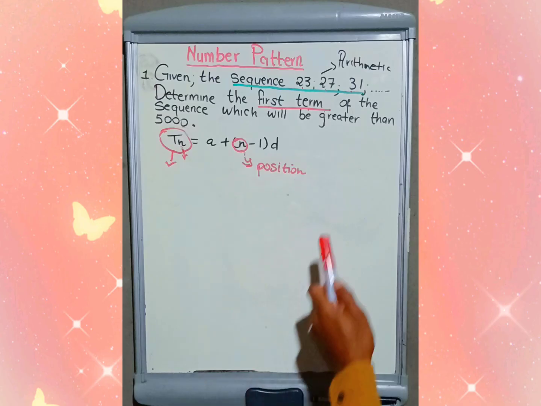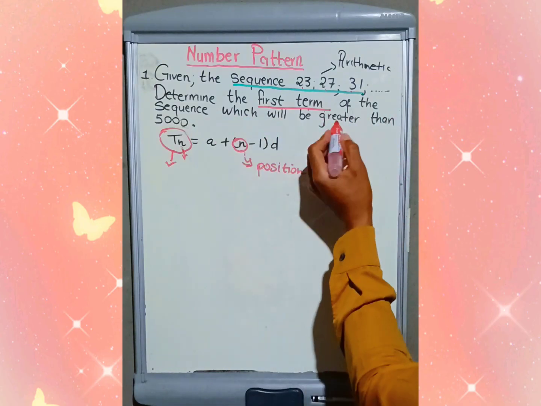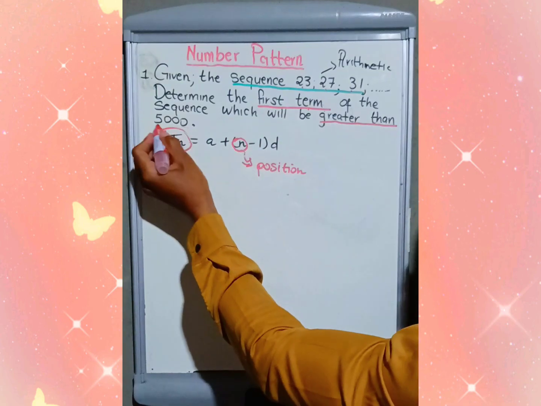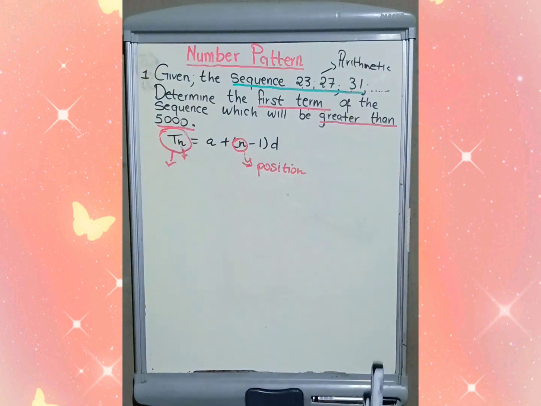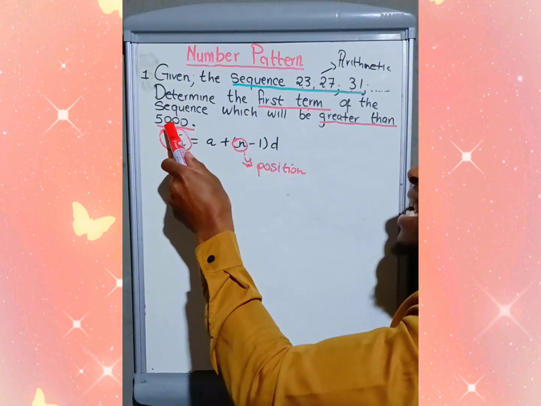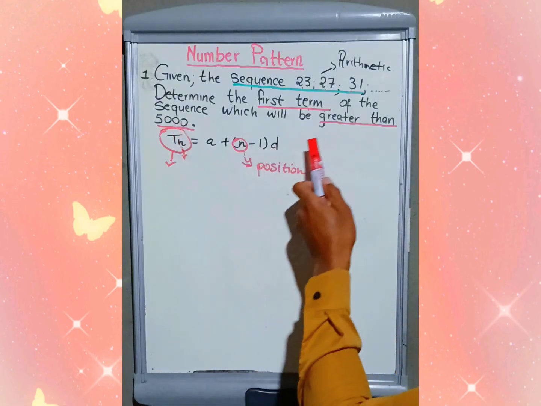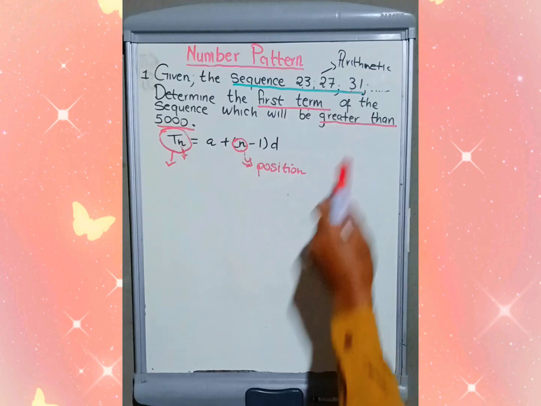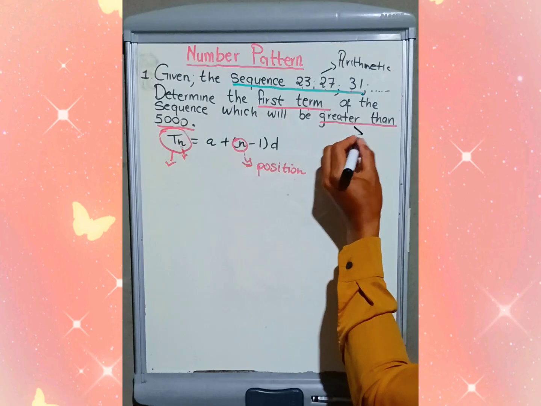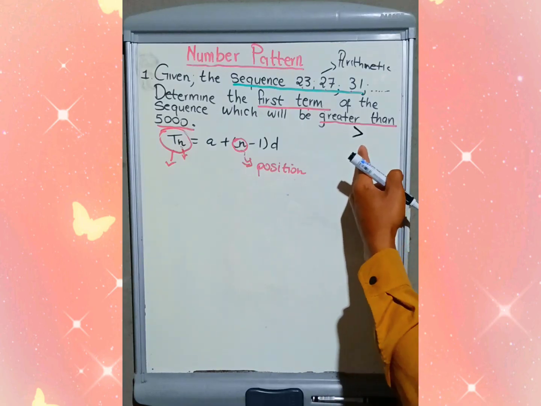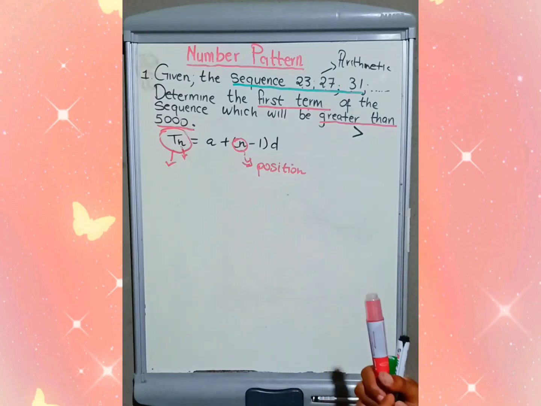Okay, then if they say the term of the sequence which will be greater than 5,000, it is very important to take note. That term must be greater than 5,000. If we have this sign, greater than, it is an inequality sign. This inequality sign is always telling you